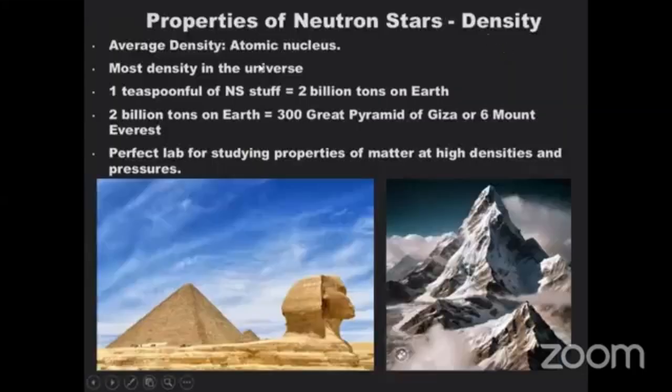So I'll talk about the neutron star density. Atomic nuclei are very dense. Now, neutron stars are comparably as dense as an atomic nucleus. So that is why neutron stars are regarded as the densest object in the universe